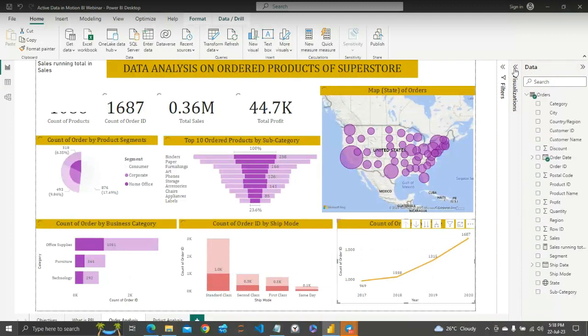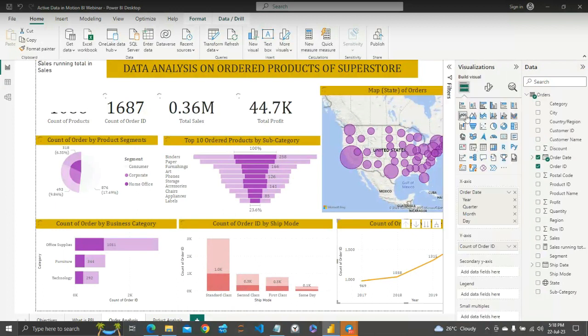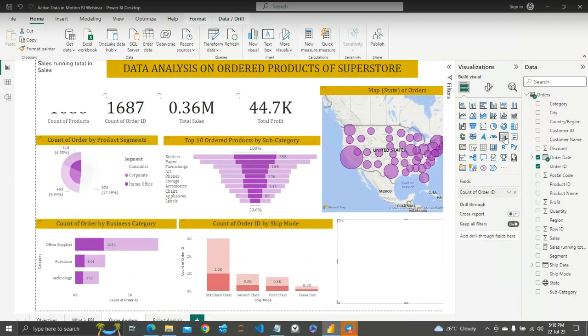So we now present it in the right visuals. I'm sorry guys, I think my device is lagging a bit. So I want to visualize it. You see that the quick measure is giving you the exact